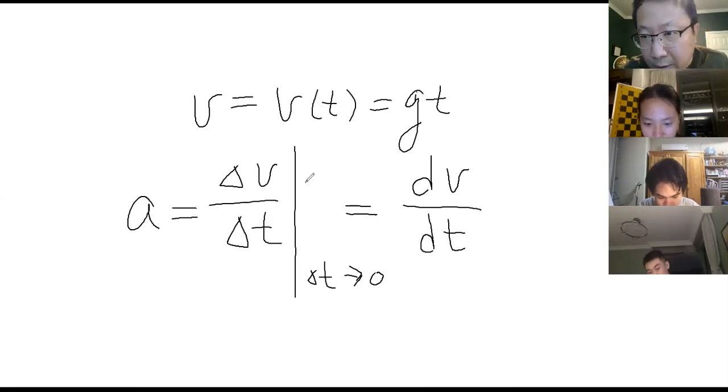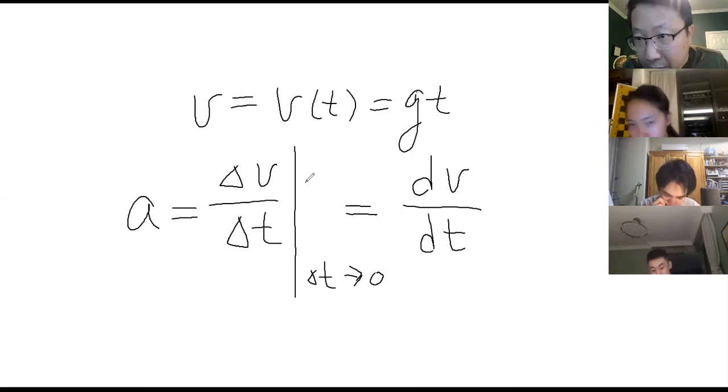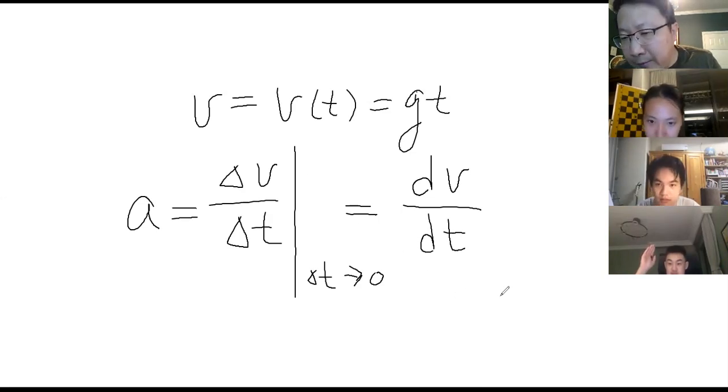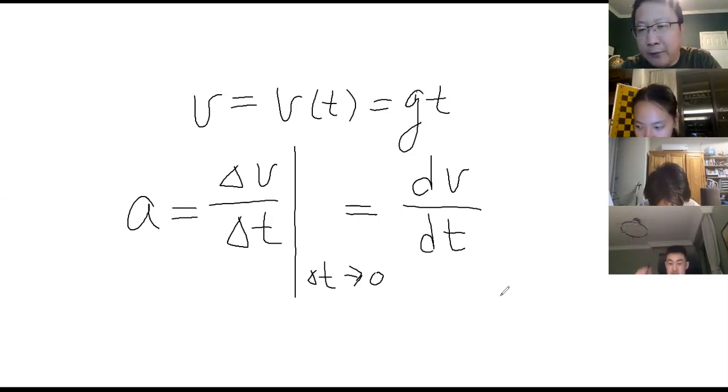Can everybody take a piece of paper? Can you use the definition and the process we went through to calculate the acceleration when v equals g times t? Can you do that? You don't need to raise your hand. You just ask, it's fine. Sometimes I couldn't see you. I don't have everyone's